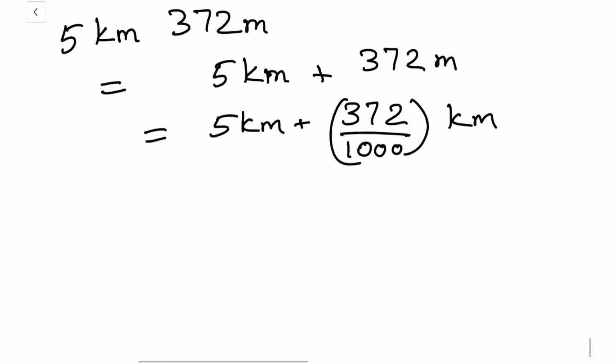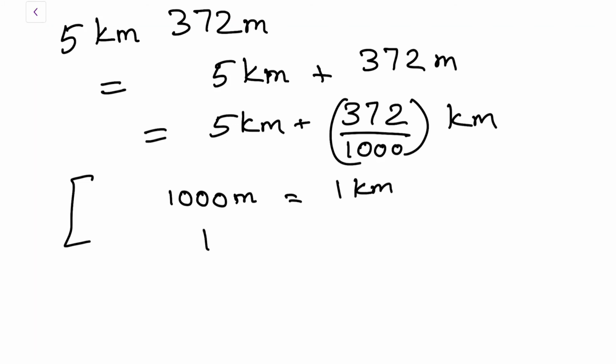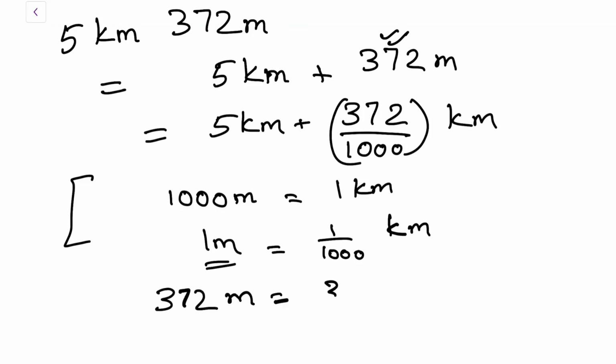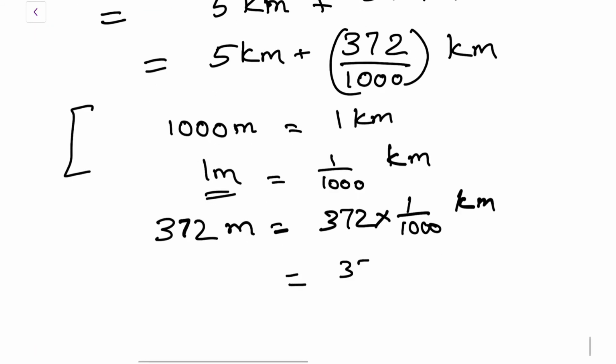Again, I'm going to show you that quickly. How did we do that? How did we change 372 into 372 by 1000? We all know that 1000 meters makes 1 kilometer. That means 1 meter will be 1 by 1000 kilometers. Okay, but this is 1 meter, but we want 372 meters. That will be 372 into 1 by 1000 kilometer, which is nothing but 372 by 1000 kilometers, or this can be written also as